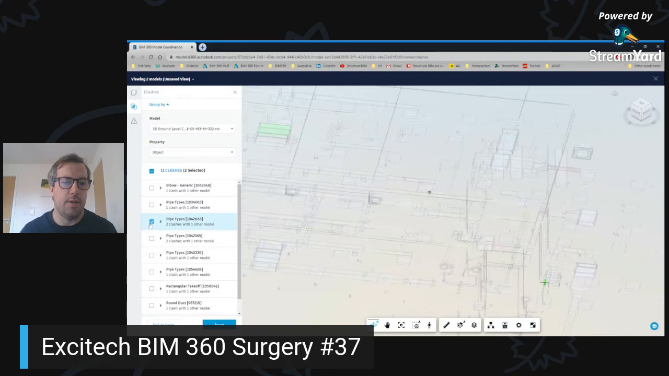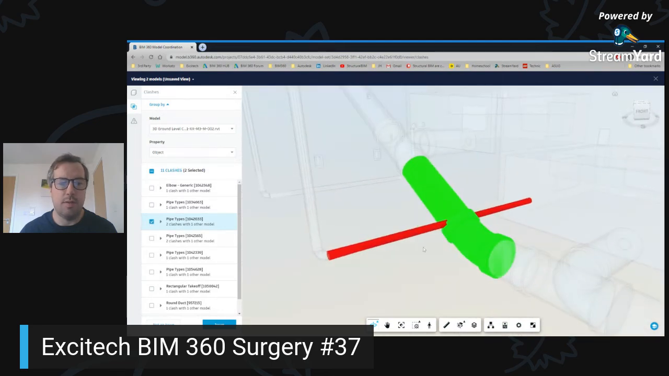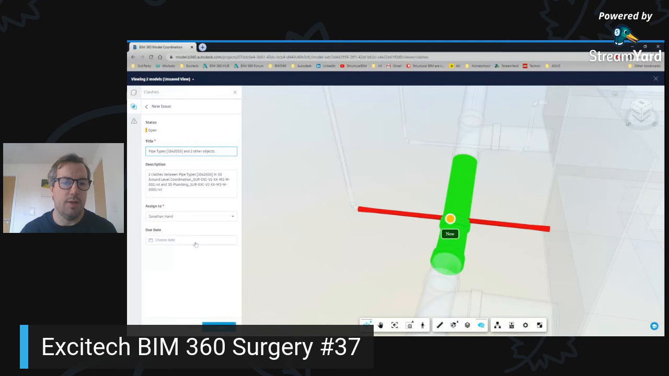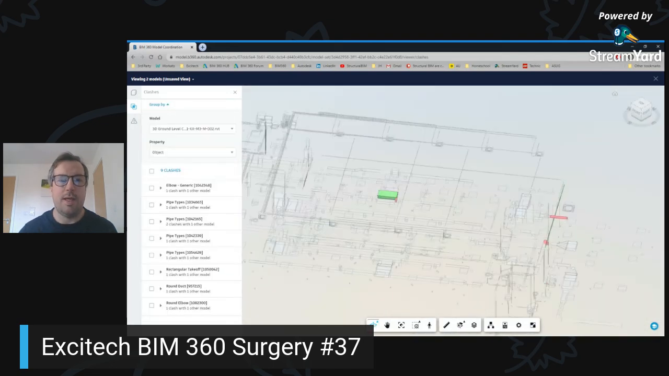And let's create another one so we can see there is an issue there. And we tag it and then choose a due date and then create our issue as normal. So it just seems to be running a little bit slow. So that's that issue created. If we close out of this,